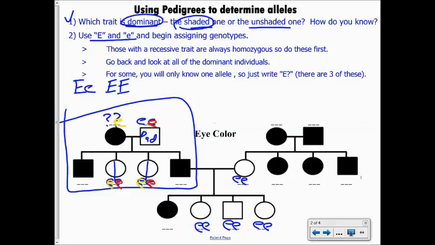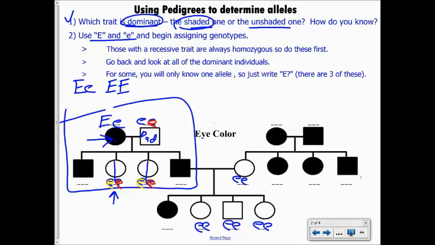So we've now determined that this parent must have a little e. If it doesn't have a little e, where did this child get its second little e? It had to come from the mom. We also know that in order to have this dark trait, the dark eye color, we have to have a dominant E that's going to mask the little e. Once we know that the mother is big E, little e, that makes figuring out the remaining ones as simple